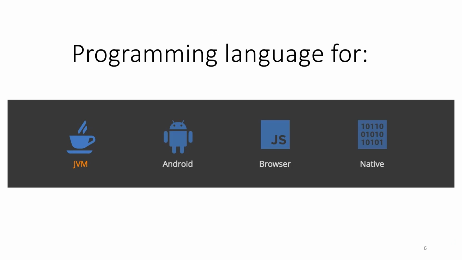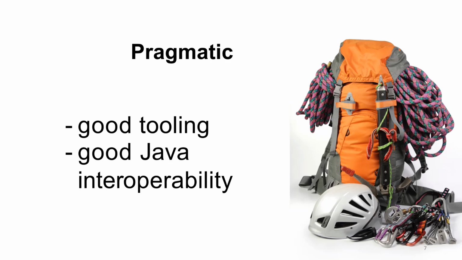So normally, where to use Kotlin? Like Java, Kotlin runs on the Java virtual machine. Wherever there is JVM, Kotlin is there to run and to do its job. You can use it for the Android platform, developing mobile applications for Android. You can also use it to develop browser and internet applications, web pages, etc. And it can be used as native code in various embedded devices.